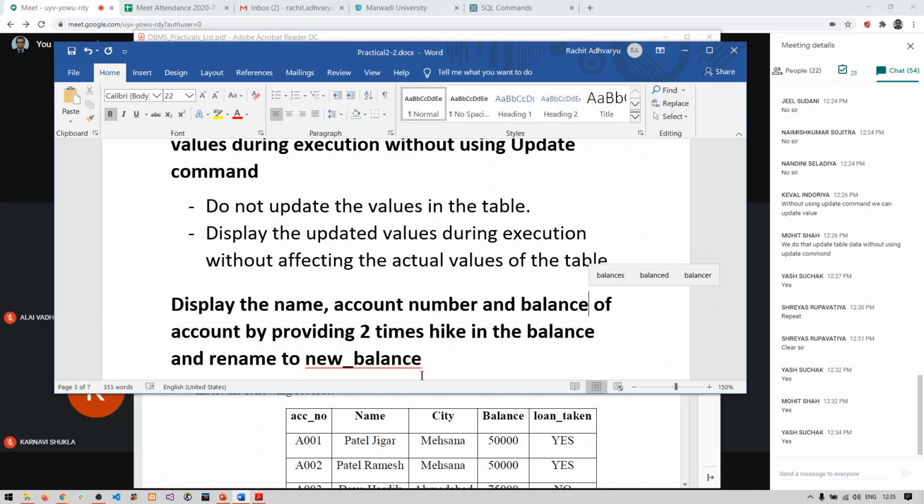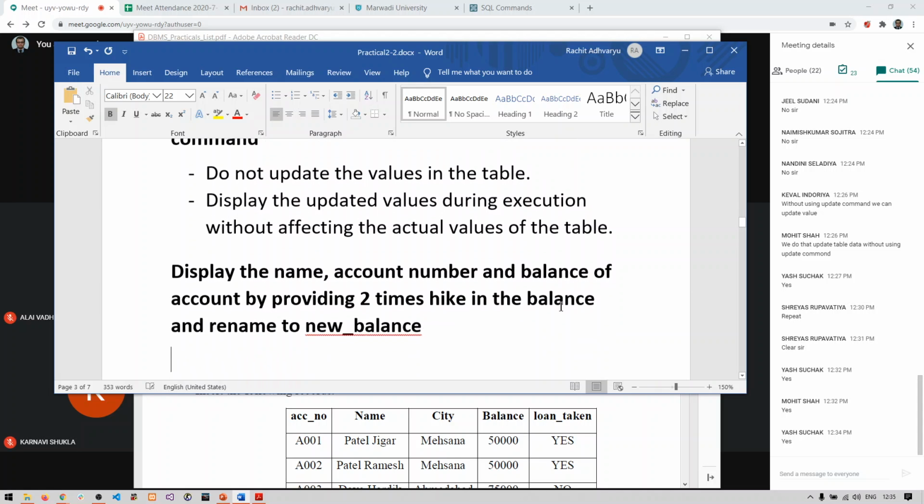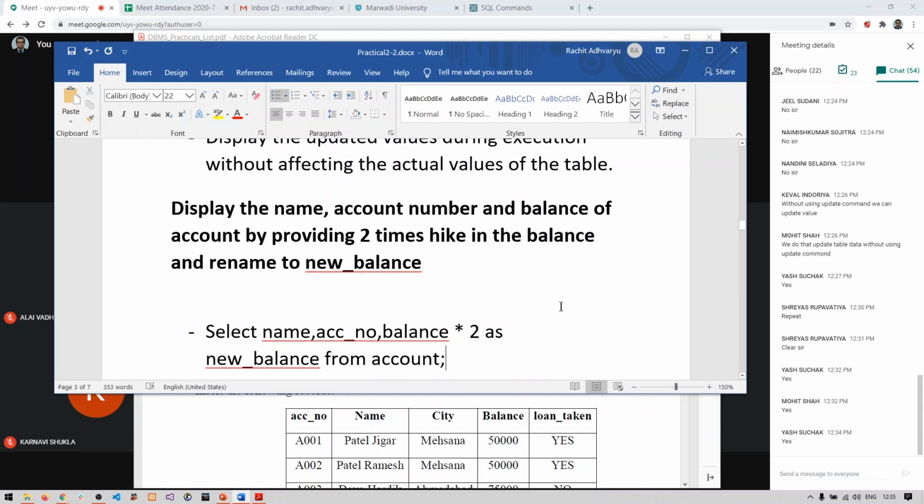So how to do it, let's see. The syntax is, or we can directly write down the query. See, select whatever values we want to fetch, that is name, account number, and then we need to multiply balance by 2. So we have directly multiplied balance into 2, and we want to rename this particular column, that is the values that are getting changed, as new_balance, from account.